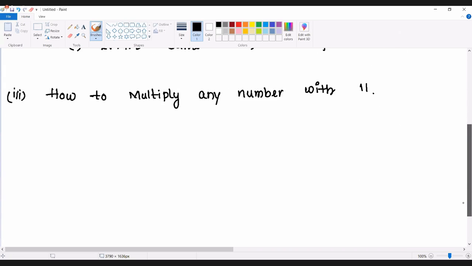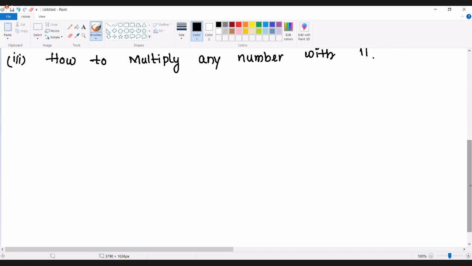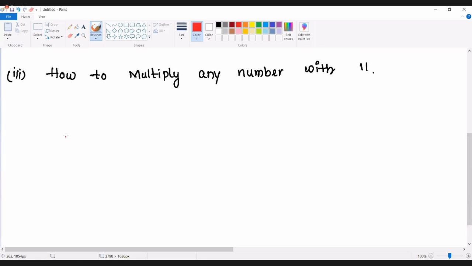This also we have discussed in the previous. So I am trying to discuss a very simple trick here. See, for example, 45 into 11 is there. So how to find out the value, do remember. 45 is a 2-digit number. Any number, if you multiply with 11, you will get 1 digit extra than the number of digits which are available in that number. When you multiply with 11, you will get an answer which is having 3 digits basically.